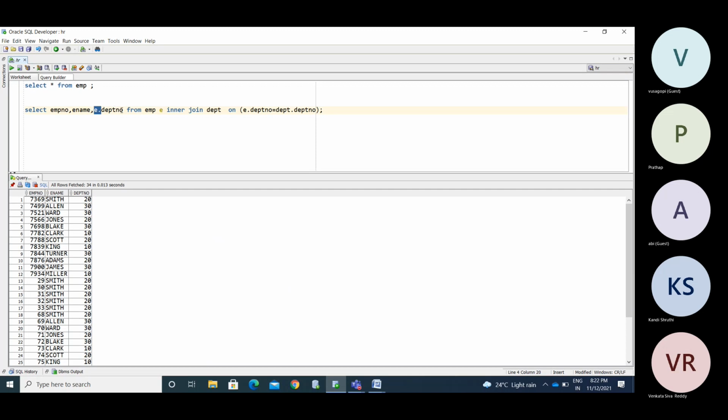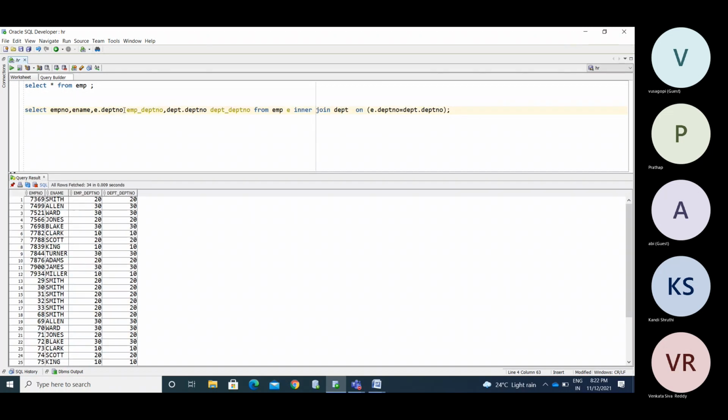Now I am going to display this as EMP DEPT number. For DEPT dot DEPT number, I am giving the alias name DEPT underscore DEPT number.